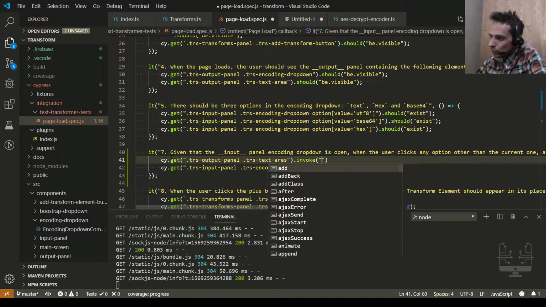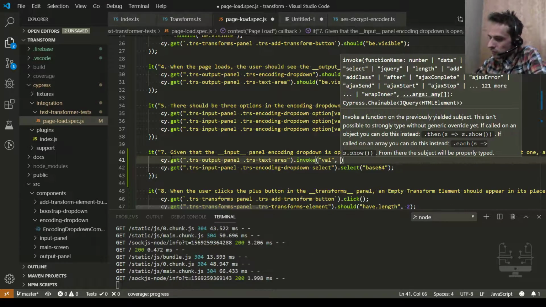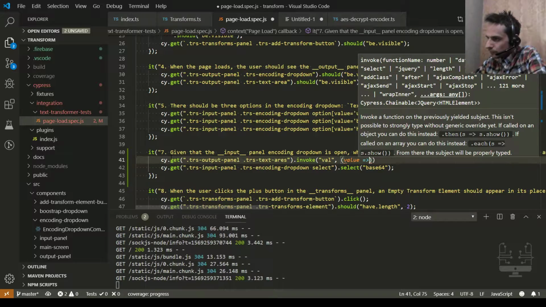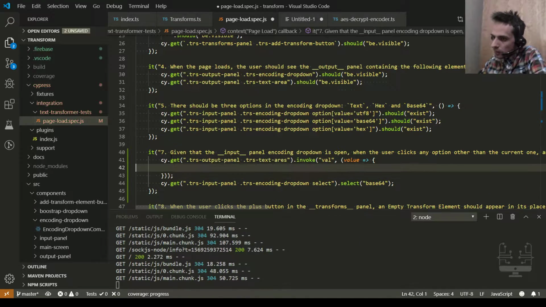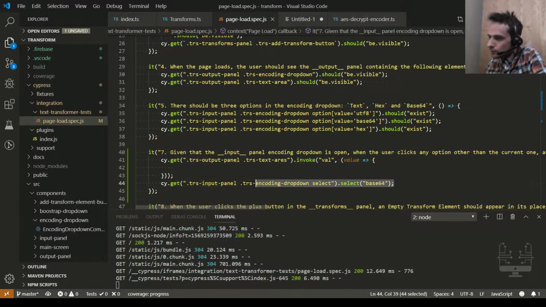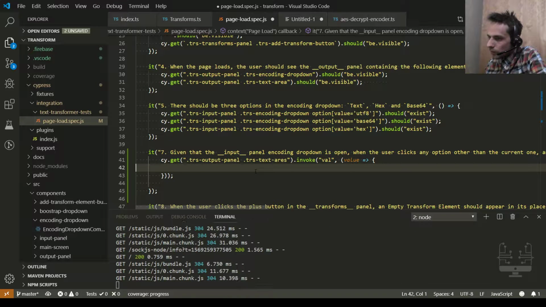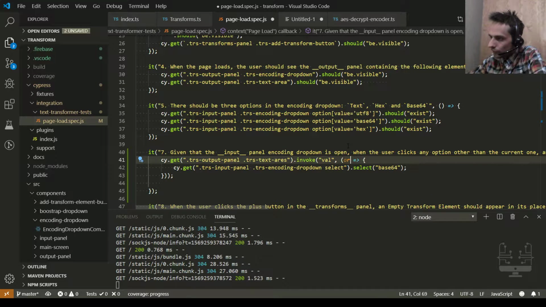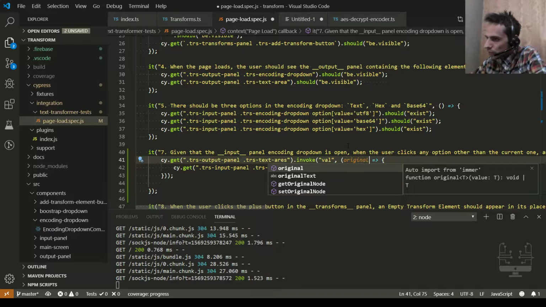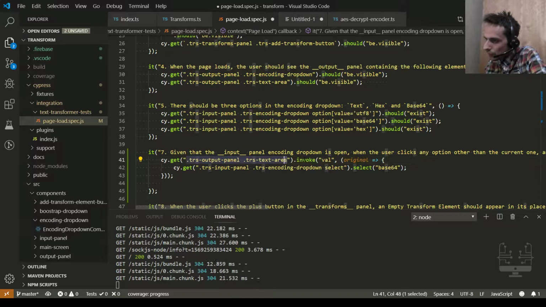Let's use invoke val. I will call it original output.